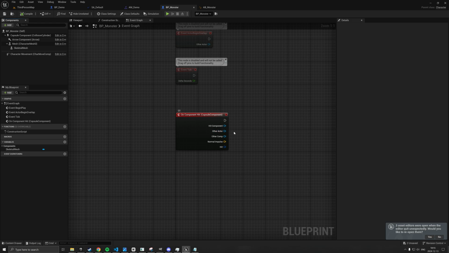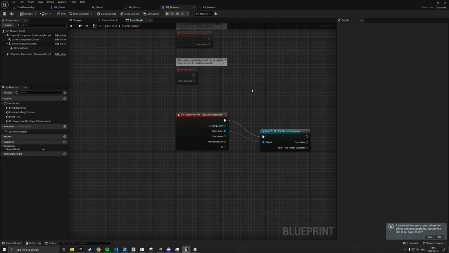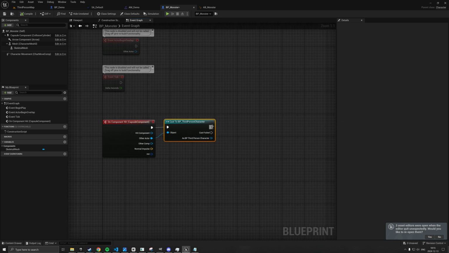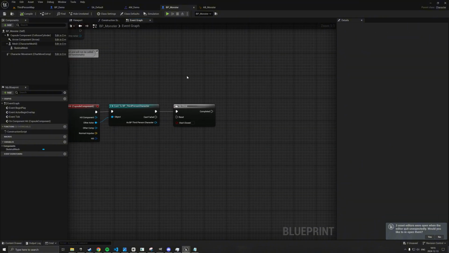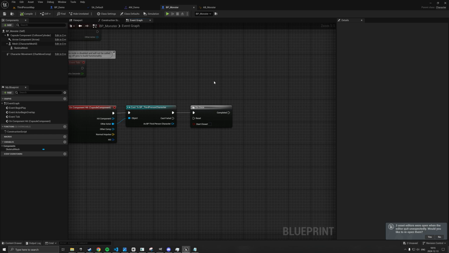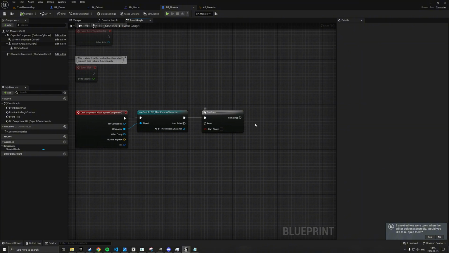But so what we're going to want to do is we're just going to want to cast this to our third person character. A quick way just to make sure that it did hit a character. And on success, we're just going to want to play it once, and then in our situation we can, yeah,